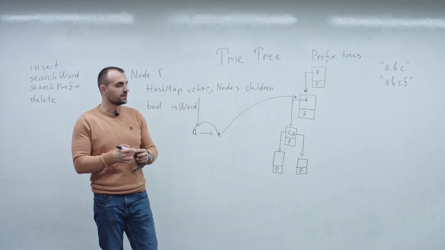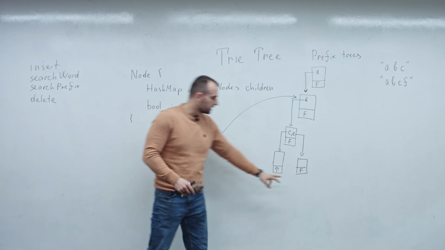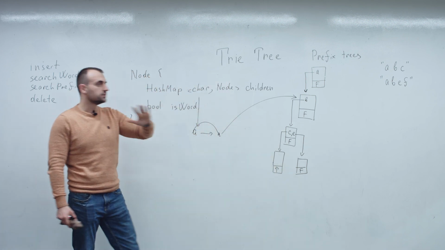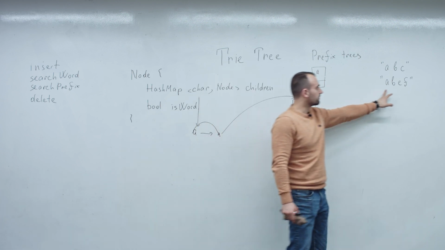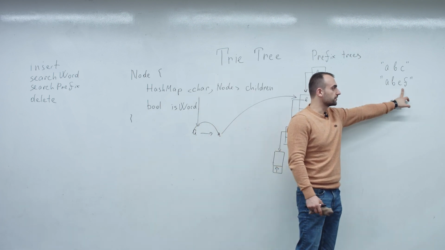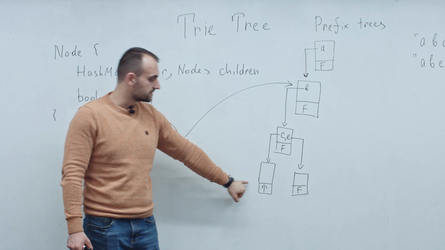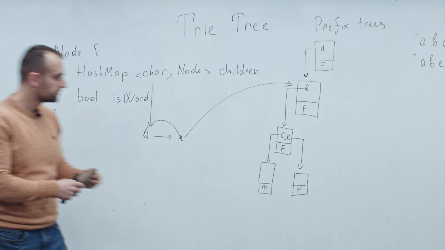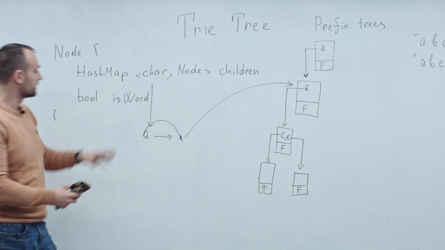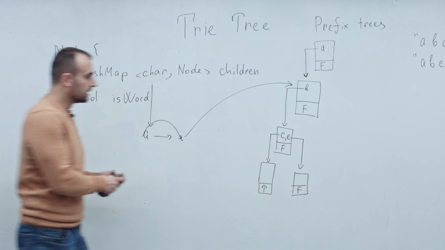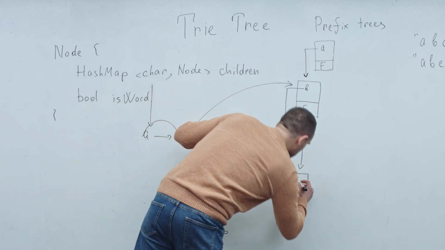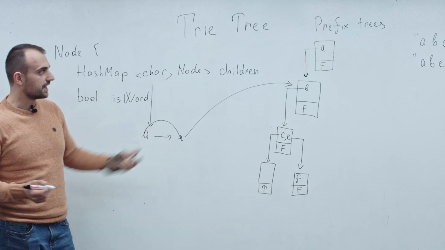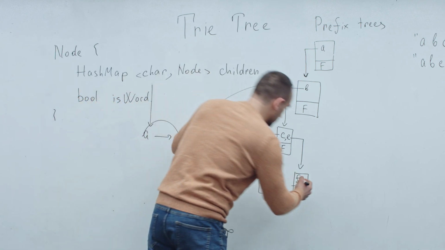Automatically, our creation of the node will be with false, indicating that the word is false. Only after we finish traversing all the characters from the string, only in the end, in the empty children node, will we put this true here, which will say that it is an end of the word. Okay, so we need to put F here because we don't have this F and we're just inserting it,